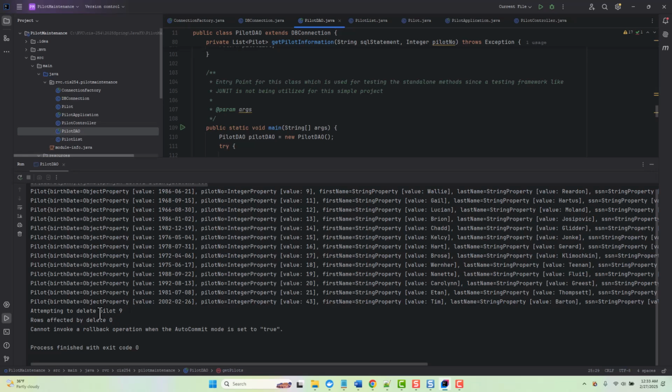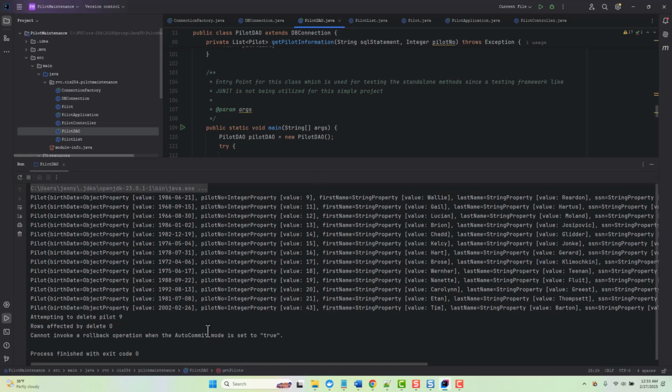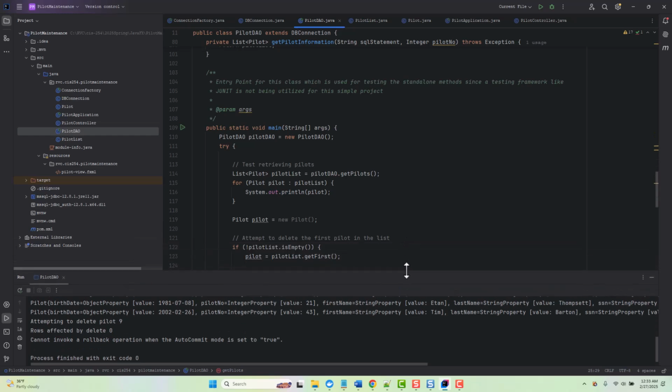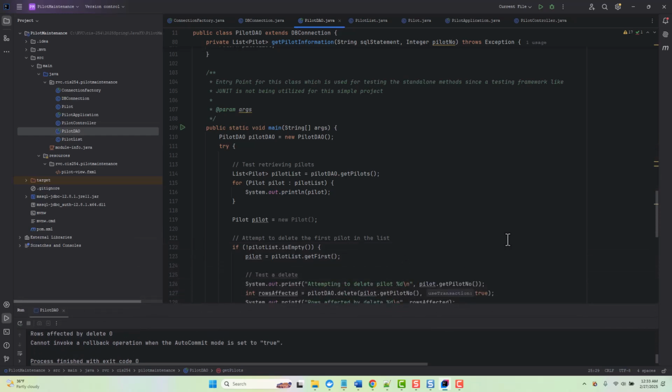it says I'm attempting to delete pilot 9. Of course, it's not doing anything in my delete, so then it's just going to go ahead and do everything here, and it's got some issues here, but that's okay. We'll take care of those as we go through. So now we've